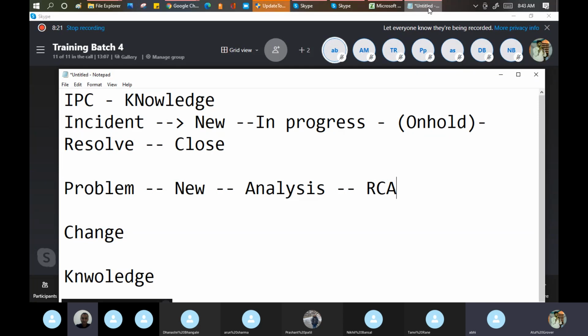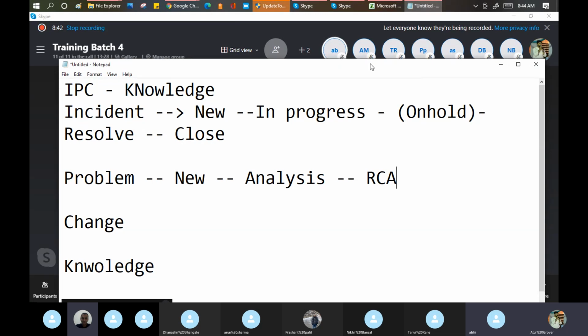Let's take an example. Approximately 2 or 3 months back, BJP lost in West Bengal. Completely they lost it. They do not agree, they say that they got a lot of good seats as well, but they lost. Then they did the analysis. A lot of researchers did the analysis, and the report came that it is tough to beat a person who knows the mother language or the local language of that particular place. So that was one of the RCA points they identified.